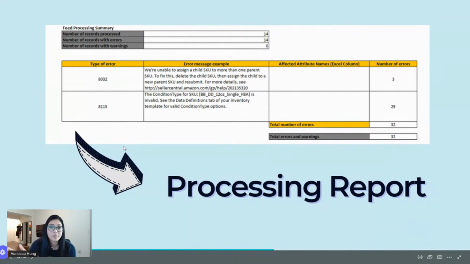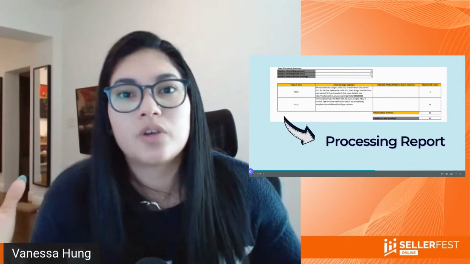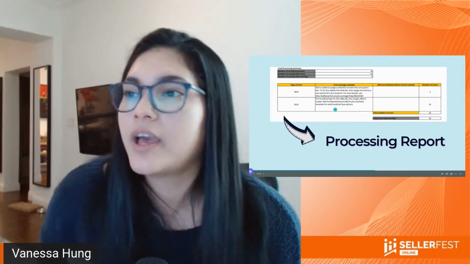And most times, seller support sees the same thing that you see here. It's like, oh, what's the error? Okay, this is the error, and they read it, and they can interpret it the same way you do. So this is the best tool to do a DIY, do it yourself. That is telling you, hey, the product condition type is invalid. Okay, now you go to the template and you change it because you used something that wasn't in the drop-down menu, something like that. So the processing report is our best friend